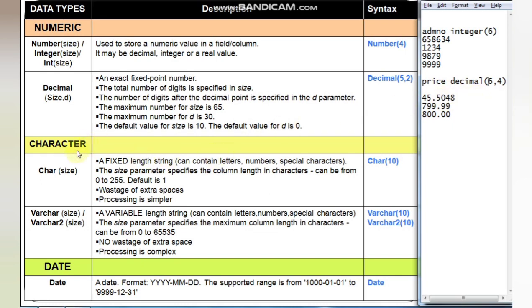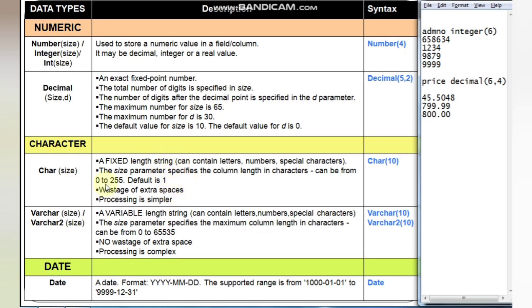Now coming on to character type. Character type: char size, varchar size and varchar2 size. Now char and varchar, what is the difference between these two? Char is a fixed length character data type for a string that can contain letters, numbers, special characters, anything.